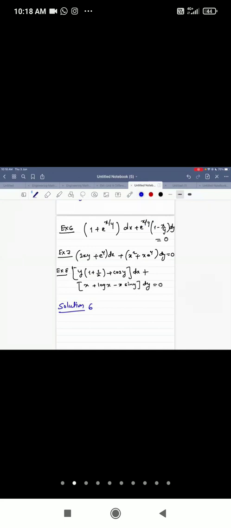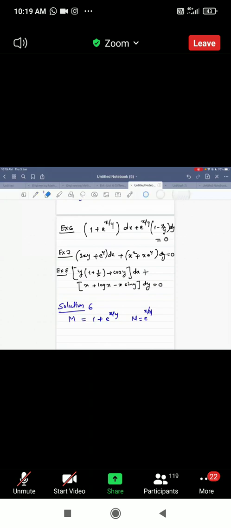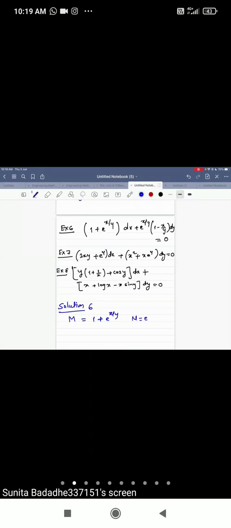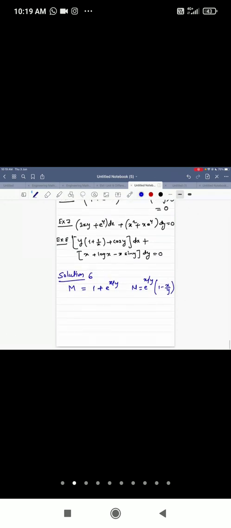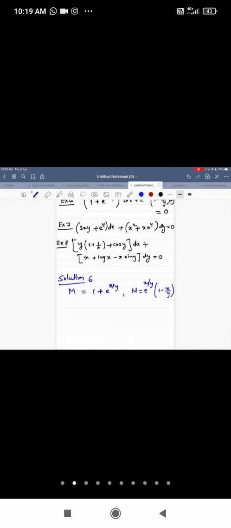All. One or two problems will remain for homework, right? Yes. So now let me take example 6. Here M is 1 plus e raised to x by y. Till I finish my 6th example, let me see who can finish the 7th and 8th also. Whether you have understood it 100% or not, that will be clear to me according to your response.